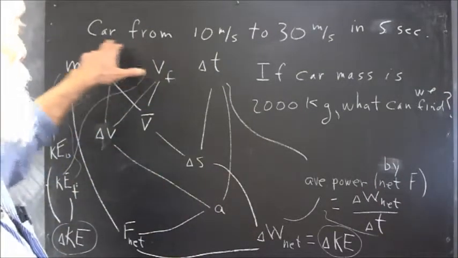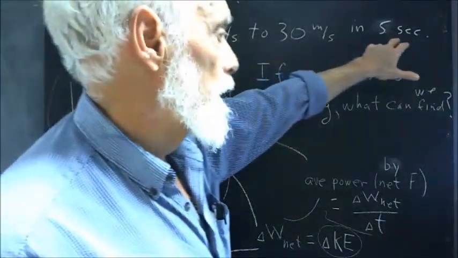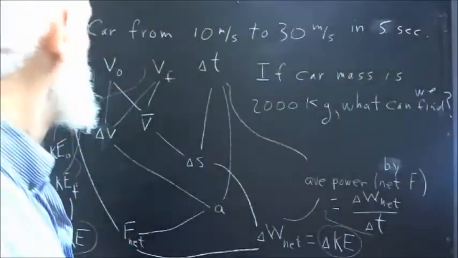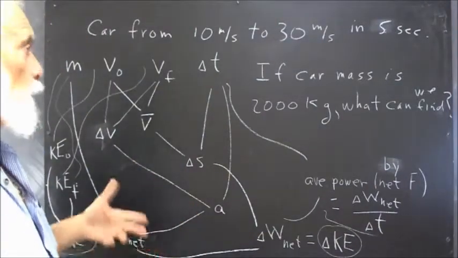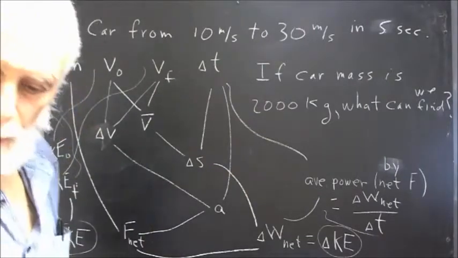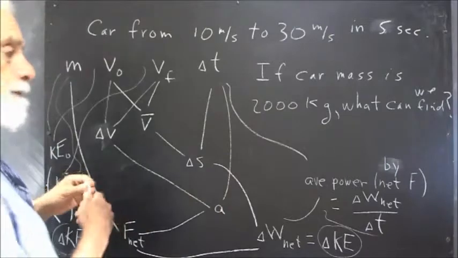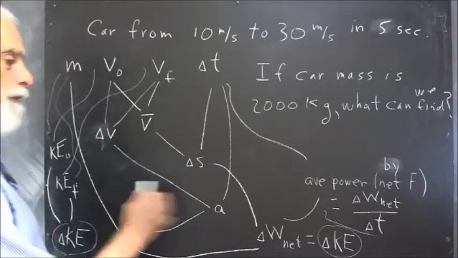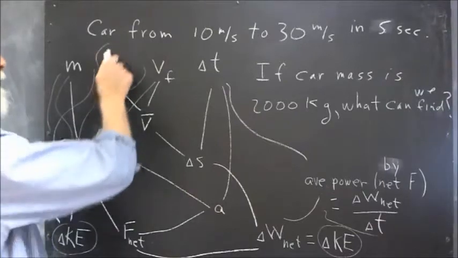We're going to consider a car moving from 10 meters per second to 30 meters per second in 5 seconds. We're going to figure out what can be determined from that information. Well, that information, and of course I've gone a little further in this diagram than just that, but that information is